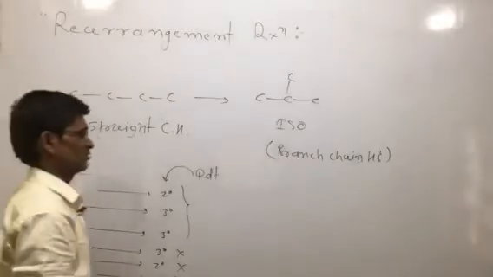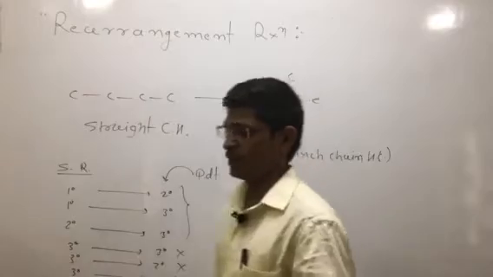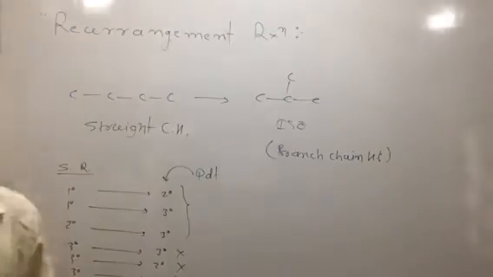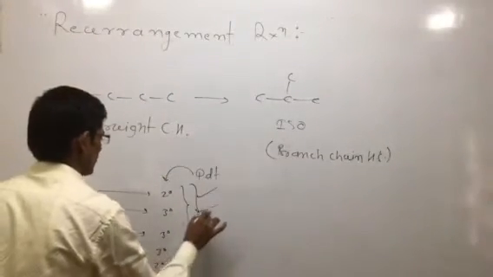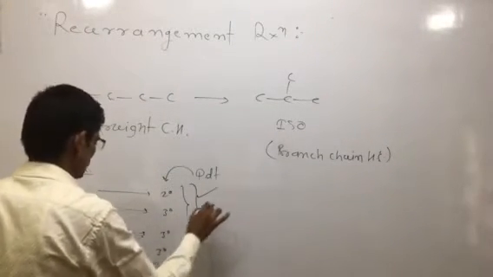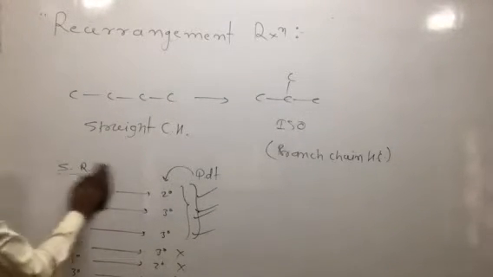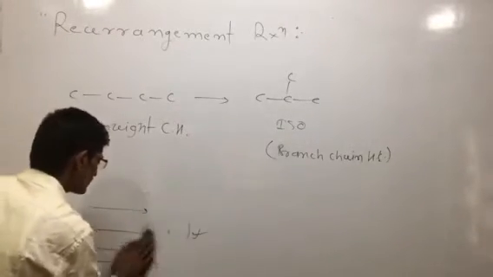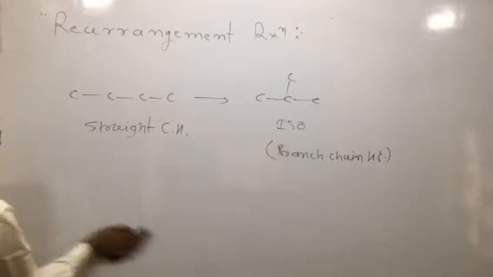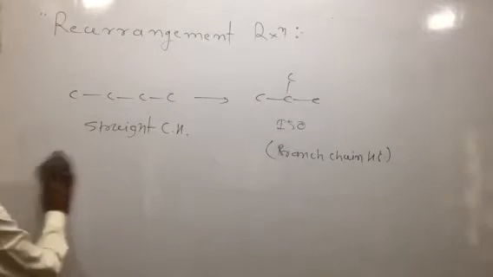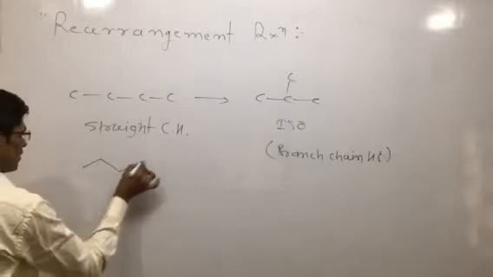This is because of the stability of the carbon. If the reactant molecule is an alkyl halide, hydroxy compound, whatever it may be, the condition is primary to secondary, primary to tertiary, as well as secondary to tertiary. Means what? If the starting reactant is an alkyl halide, it is a primary alkyl halide.